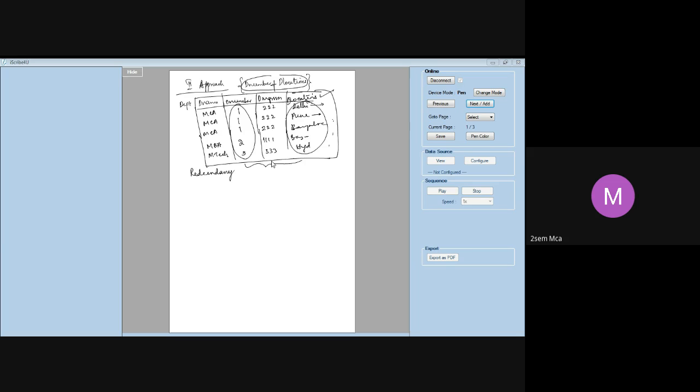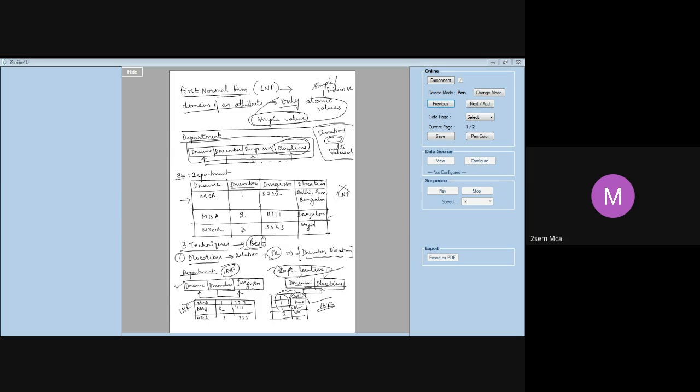We are doing normalization to reduce the redundancy, is it not? But here what is happening? Look here, so many times this data is coming, MCA, all the time. All the time I have to keep writing 111. 111 is fine. But all the time I am writing MGR SSN. It is not required. Same department is in different locations. First approach is the best approach. Only those two attributes you are pushing out and then storing the value. Whereas your department name and MGR SSN is stored only once.